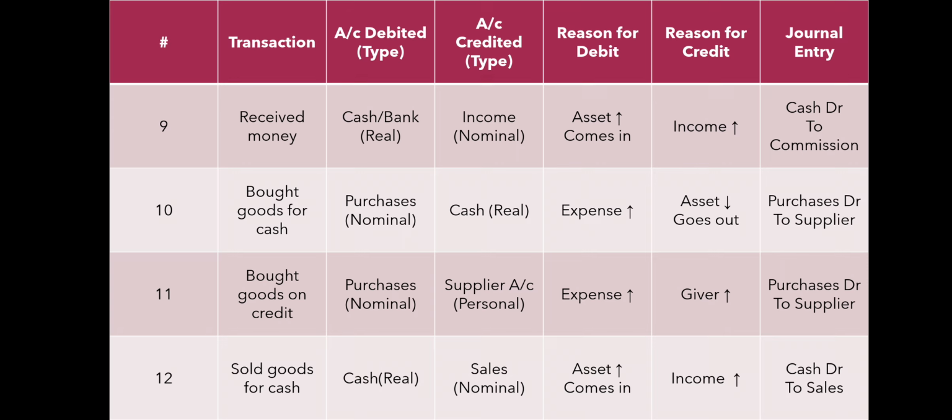Okay, then the 10th entry will be bought goods for cash. So here, whenever you are buying goods or selling goods, your goods account will never be used. Okay, your purchases and your sales will come in action. So purchases and sales are both nominal accounts. Okay, so nominal account, if it's a purchase, it's an expense. So if it's an expense, you are going to debit it. And you purchased the goods with the help of cash, so your cash will be,